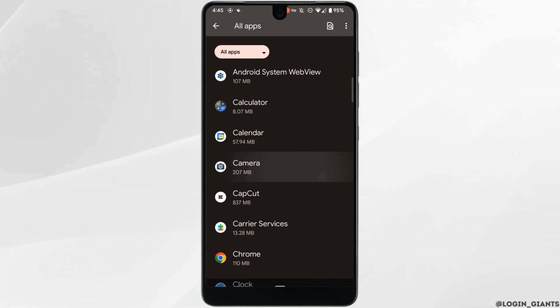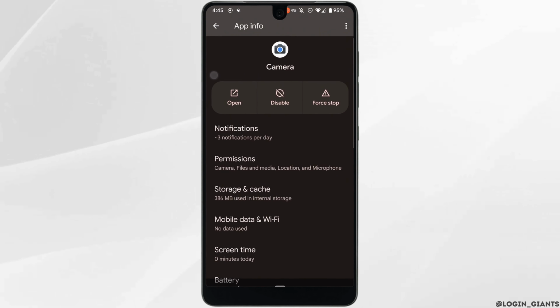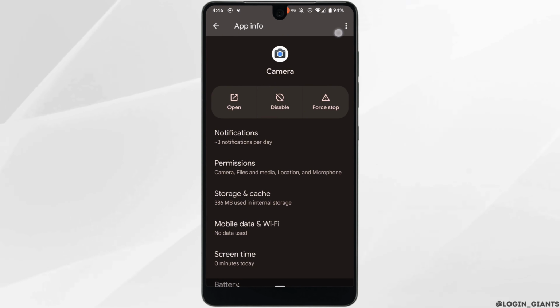Right here search for the application camera and head over to it. Over here you need to set the settings to record to highest quality. Well, if you have the 4K option on your device, you need to select that. Once it has been done, now the next thing you want to do is go back and head over to